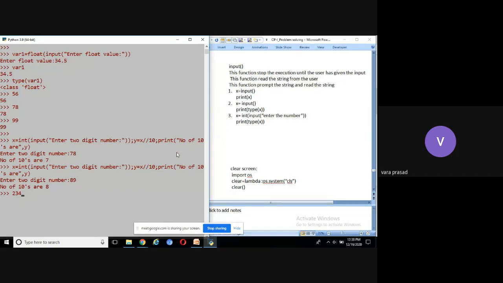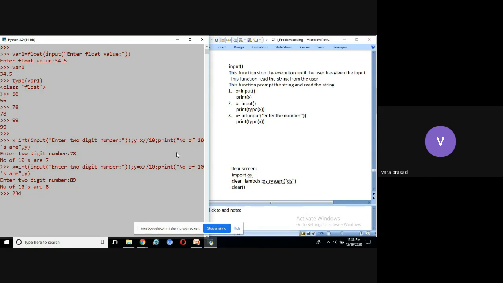Assume 234 is having 2 hundreds, 3 tens. You can follow this scenario. 234 is having 2 hundreds, 3 tens, 4 ones. This is one scenario.